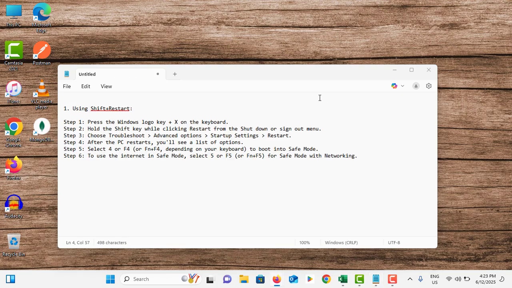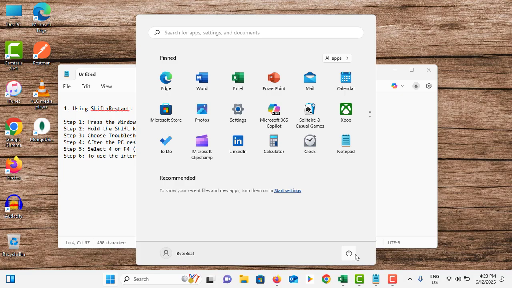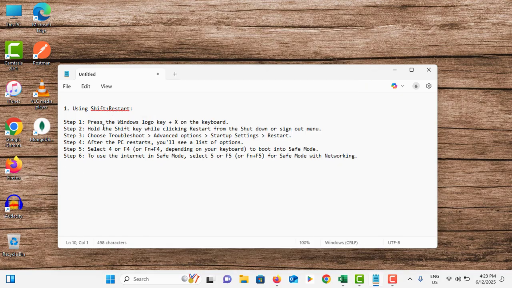So if it is not working, you can go to safe mode. To do that, first you need to restart your computer using the shift key. Go to start menu, tap on the power icon, you can see the restart option. Press the shift key, then after tap on restart. Then it will go to the